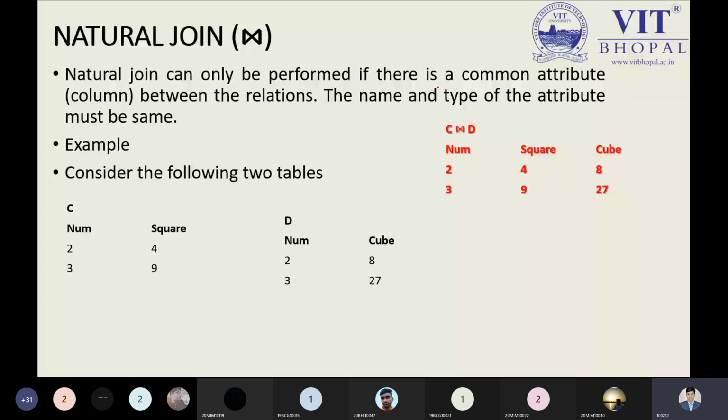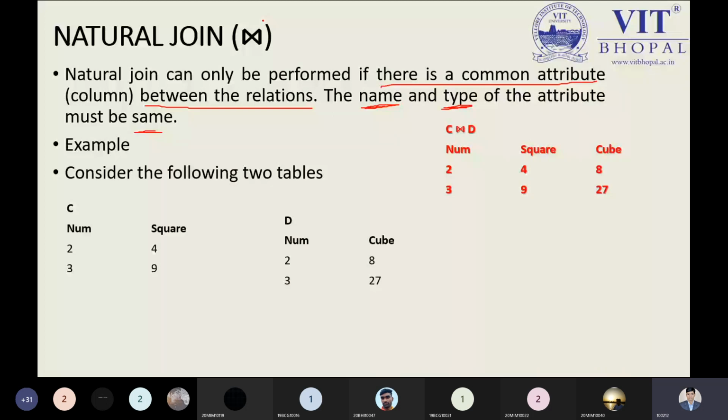The name we are using and the type we are using must be the same. If I take the example of student and course, the course code should be the same attribute name with the same type inside the student relation, and it should also be followed in the course relation as well. Then you can make the relation with the natural join. The symbol is the normal way, just like a normal join.